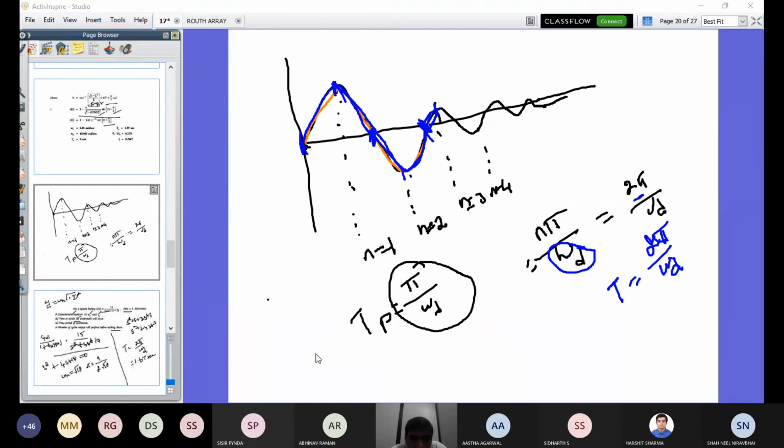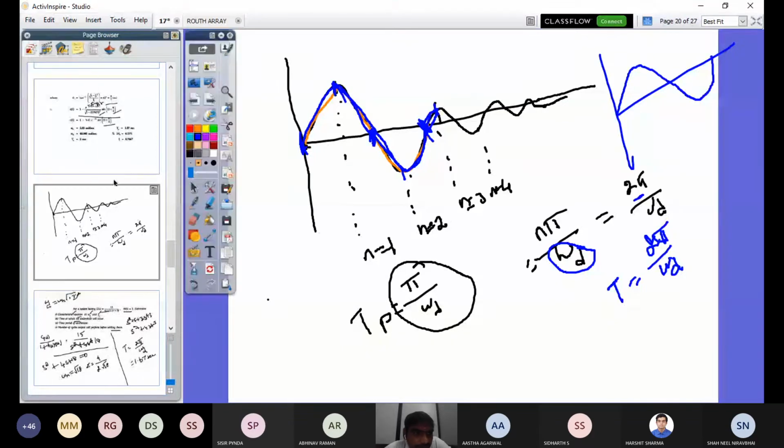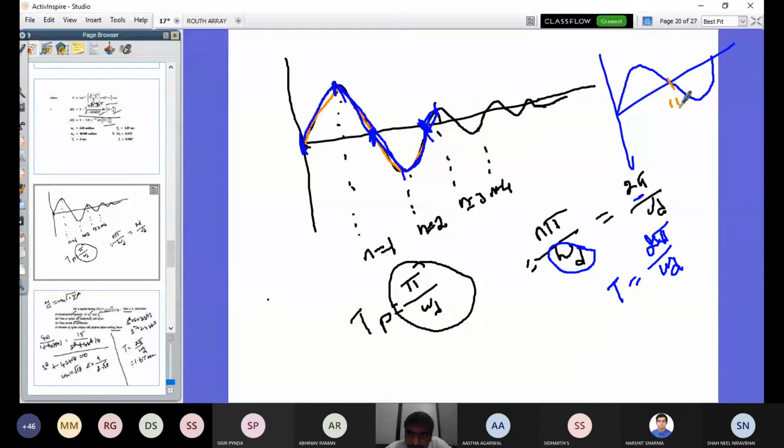Hello, Arshit Sharma. Yes. Any doubt? Sir, can you explain once again? This is one complete cycle. Okay, so here to here the time, in terms of the radian frequency, we will say here to here it is pi, here to here it is 2 pi. Any doubt in that?